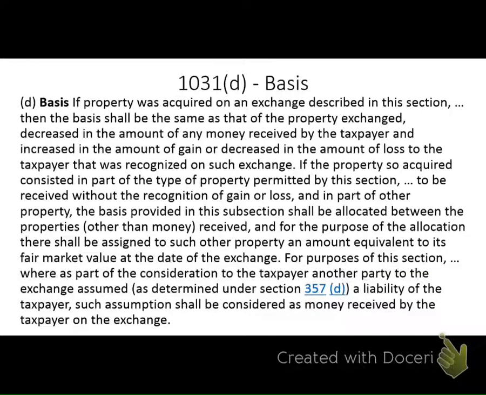So you increase it by the amount of gain, or you decrease it by the amount of loss recognized by the taxpayer. So we know in a 1031B type transaction, we can recognize gain if there was boot involved, to the extent of the boot. We did see in 1031C that you don't recognize loss on a like-kind transaction. Well, it's true that you don't recognize loss with regard to the like-kind property. You can recognize loss with regard to the boot.